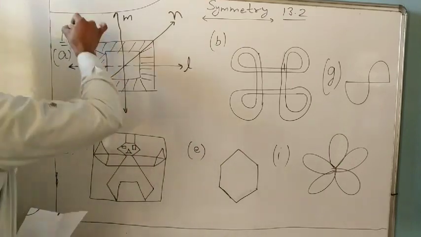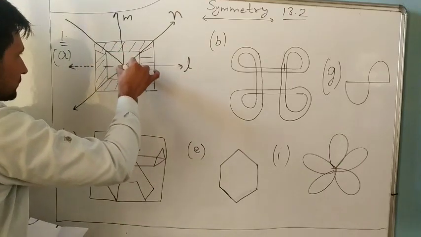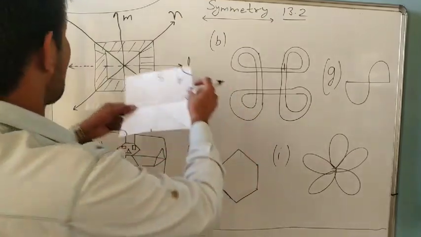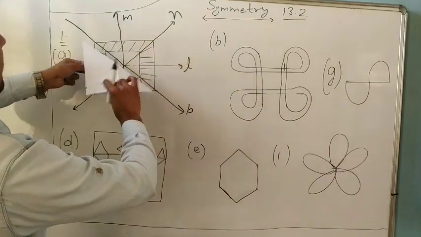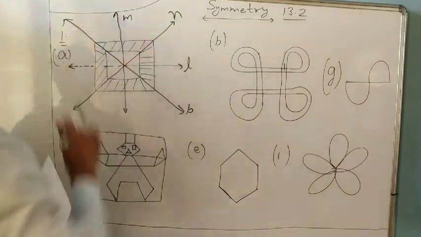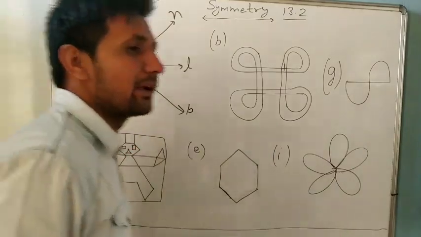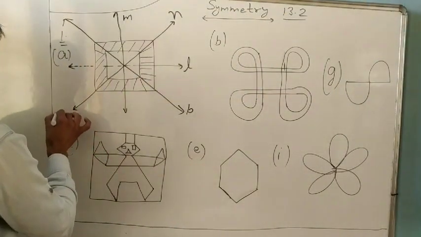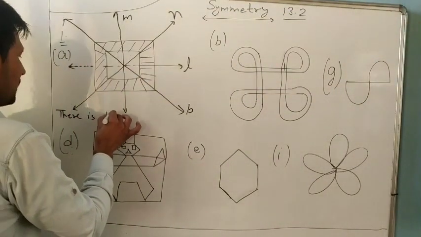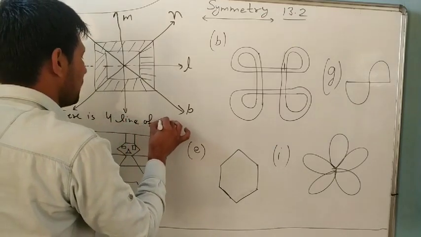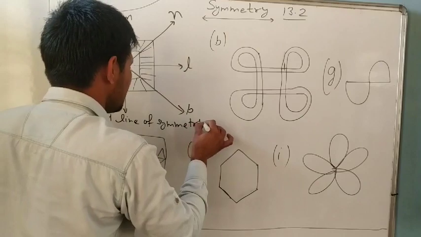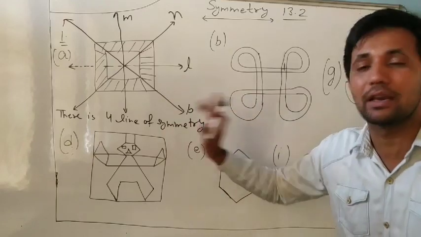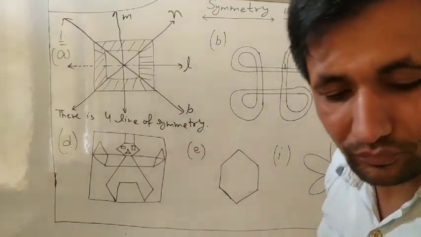Same as it is. We will check this other diagonal. L, M, N, P. Understand? So we will check like this one. Yes, they will cover each other completely, which means it is a line of symmetry. So how many lines of symmetry? There are 4 lines of symmetry. So you will write there are 4 lines of symmetry. Understand? You will make the figure using a scale and pencil, then you will write. Understand? Next figure. Look at it.